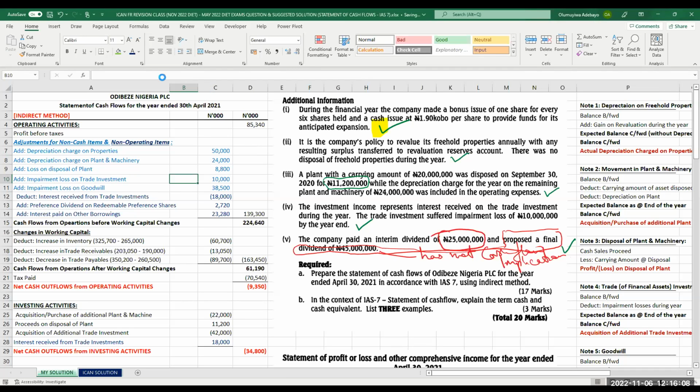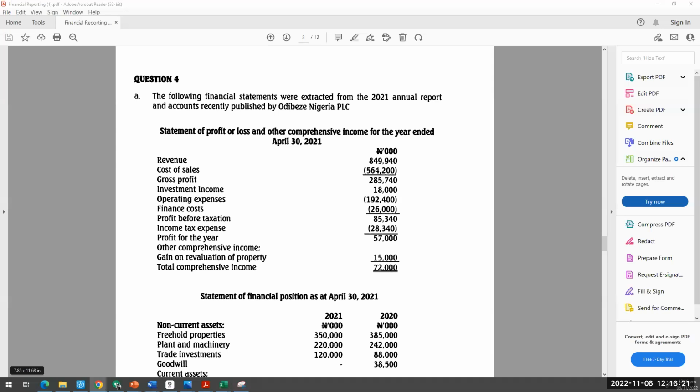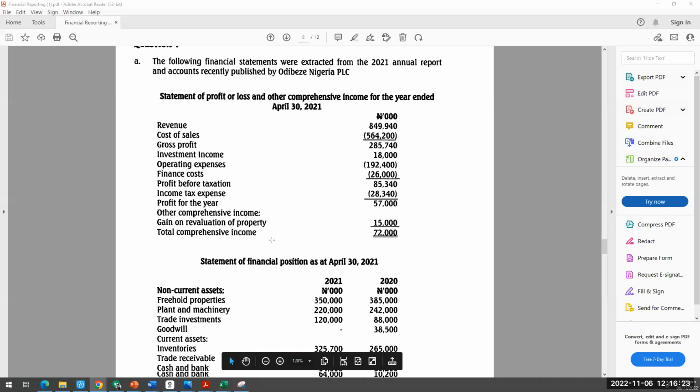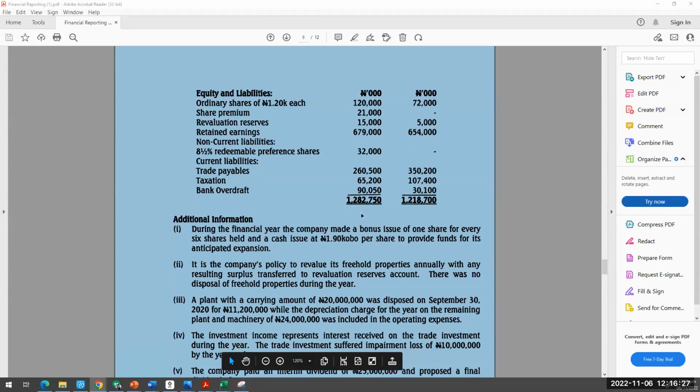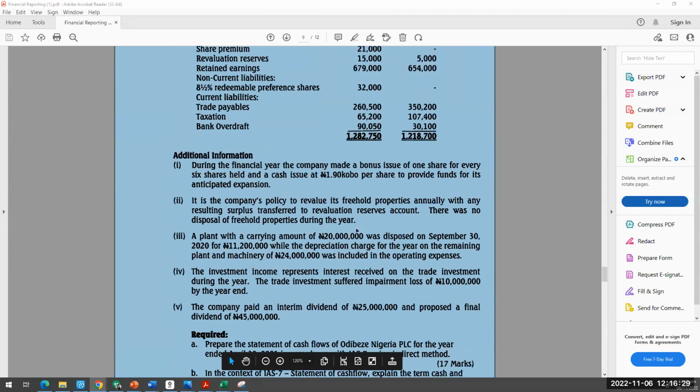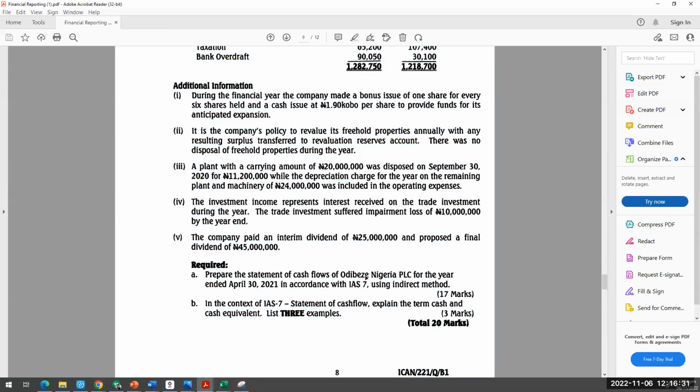Now, the next question is, let me switch. The next question was, okay, they said in the context of IAS 7, statement of cash flow, explain the term cash and cash equivalent